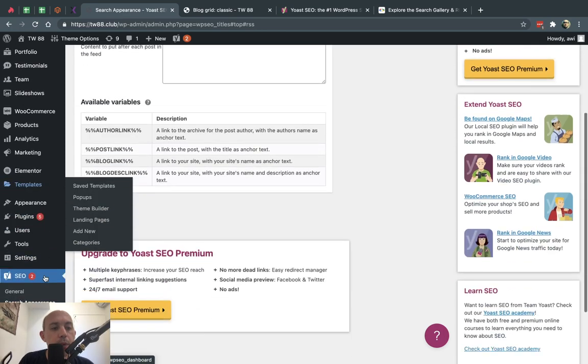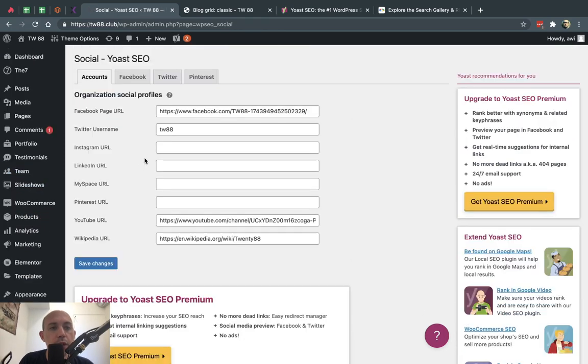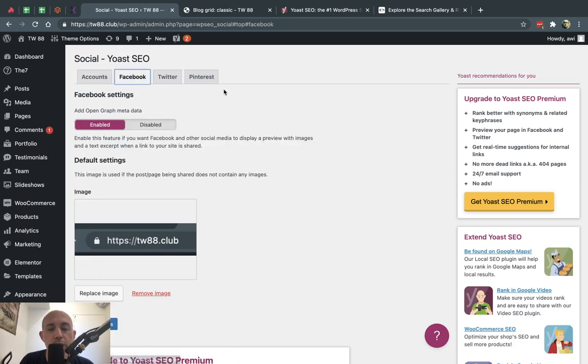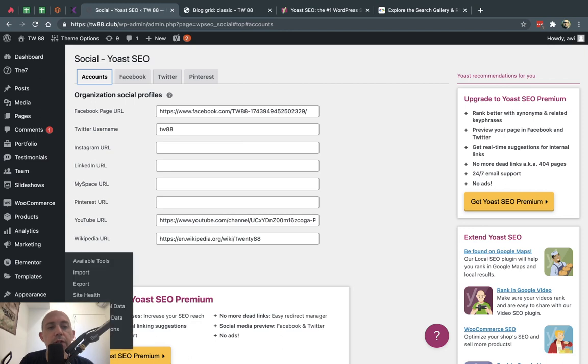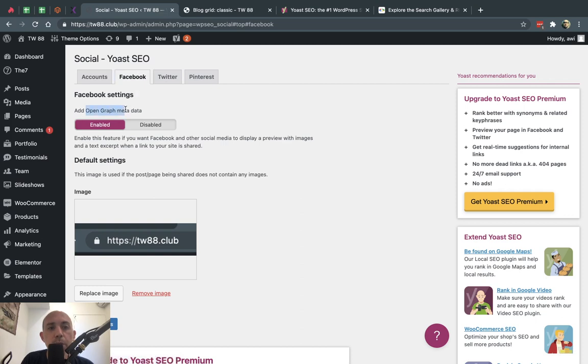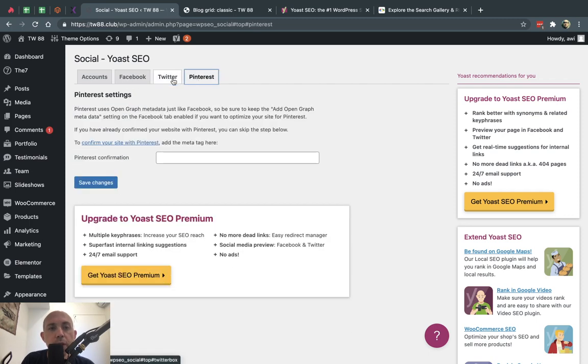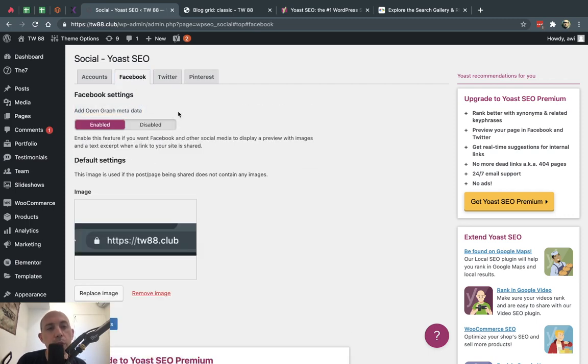So other than that, I have some social. These are the things that we specified here about social. We have things like OG tags. Most of the information for Yoast SEO is for Google, Yahoo, Bing, etc. They do have some features, for example, Open Graph for Facebook. So there's a few additional things that will help more for Facebook and Twitter and Pinterest. So there's a few extras here. So for example, OG tags are similar to meta tags.